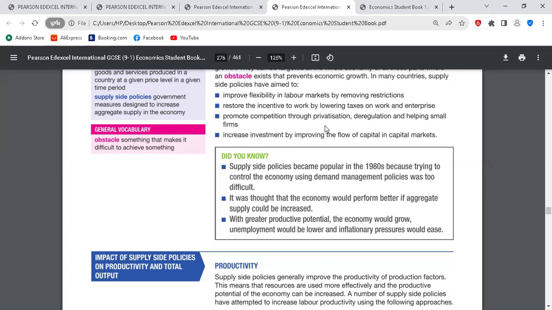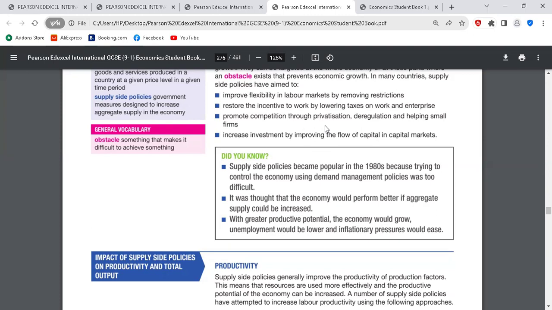When we talk about the capital market, we're talking about the stock exchange, money flow, people investment. So how can this happen? It is when the supply side is being encouraged. Government might come up with subsidies again, government might come up with low interest rates, government might come up with